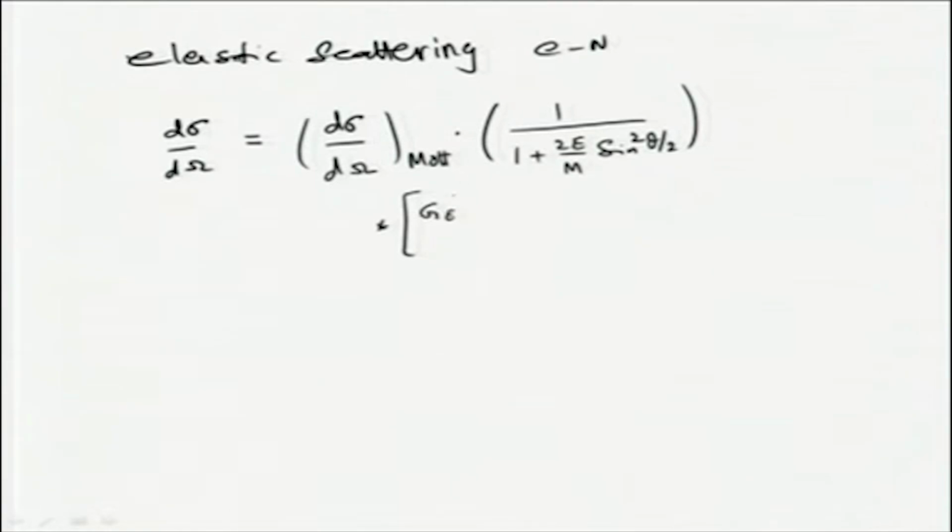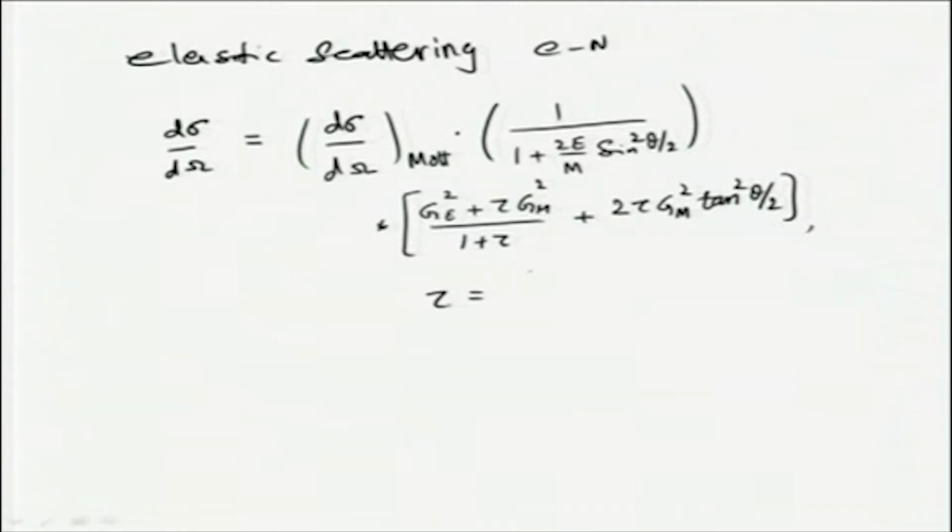So, there are two form factors, one is the electric form factor and the other the magnetic form factor, and they appear in the expression for the differential cross section in this fashion, plus 2 tau G_M square tan square theta by 2, where tau is equal to Q square over 4 m square c square, where Q square is equal to minus q square,